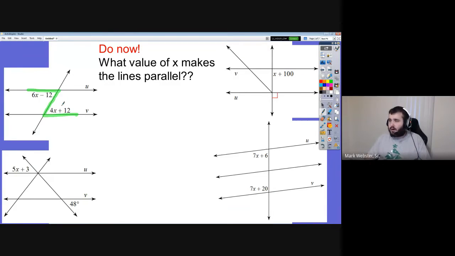Step one, what are they? Alternate interior angles. Step two, what do we know about our alternate interior angles? They're congruent to each other for parallel lines. So step three, what's my equation? Well, they're congruent, so the measurements are equal. So we write down,